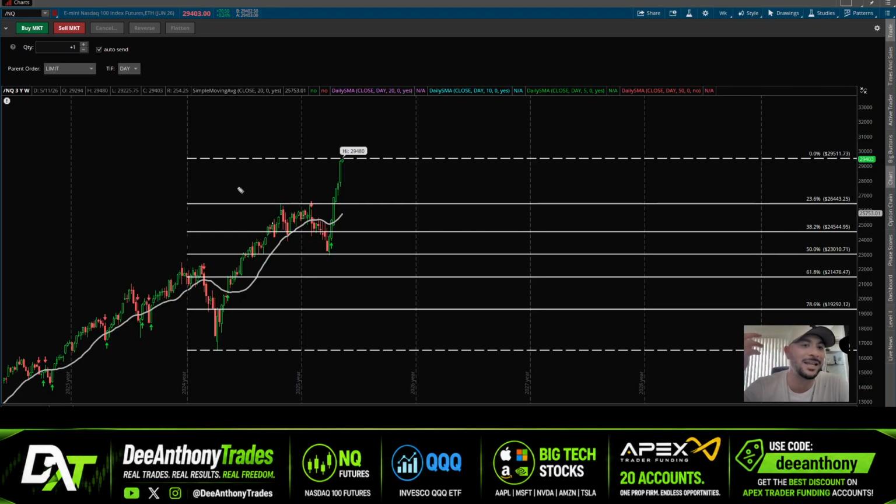Some people use the 9 EMA, the 8 EMA, the 10 SMA, it doesn't really matter. Any one of those short-term EMAs, SMAs, 5, 8, 9, you can use whatever one you choose, as long as we're trading over that, the momentum is still with the buyers. I don't care if the market has printed a 75-point red candle. That means absolutely nothing until you get a candle that closes below one of those moving averages.